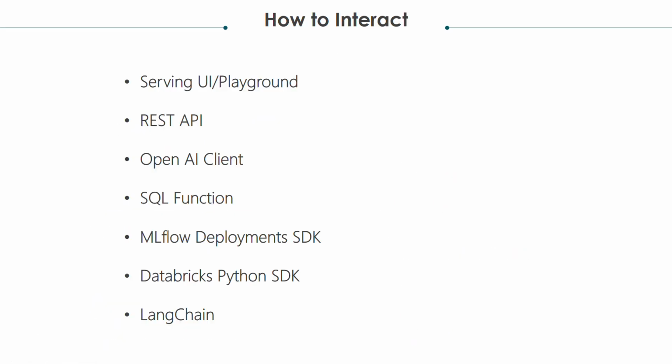And after we create the models, these are the various ways we can interact with those models. For a quick check or trying out, we have a playground with the UI where we can interact with them. And then we can directly interact with them using REST API in any programming language, which doesn't require any additional libraries. And then we can also interact with them using the OpenAI client, which is a library provided by OpenAI,